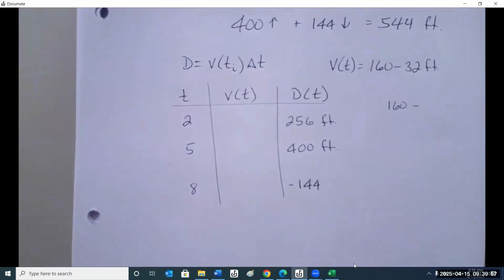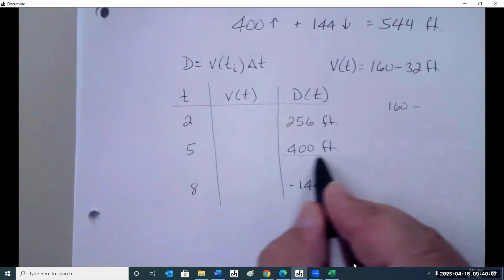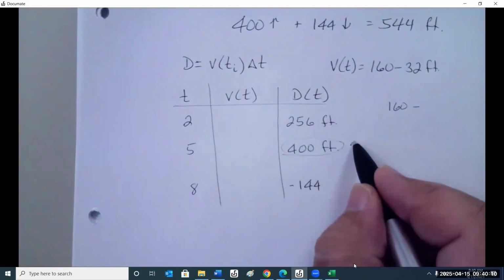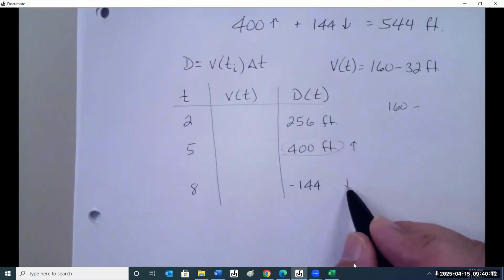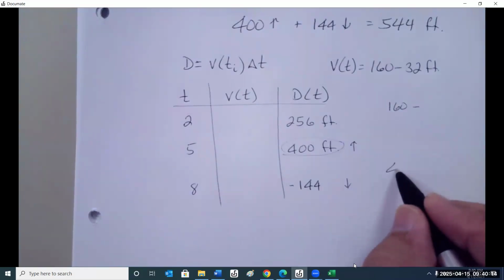So the question was, the total distance traveled after 8 seconds was what? 400 on the way up and 144 on the way down. So if we add them together,